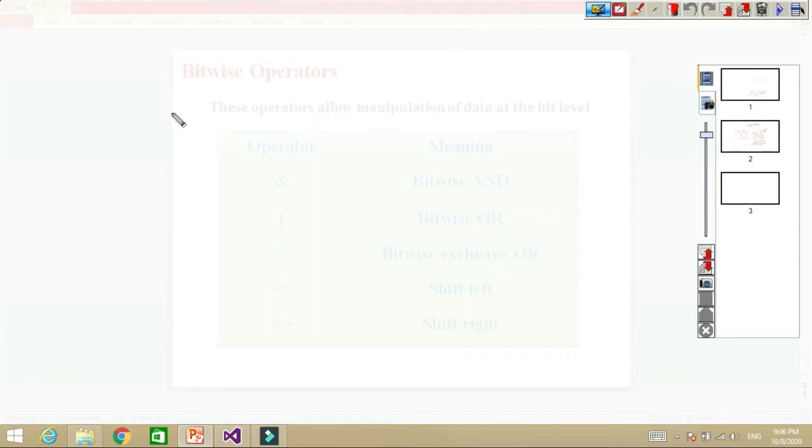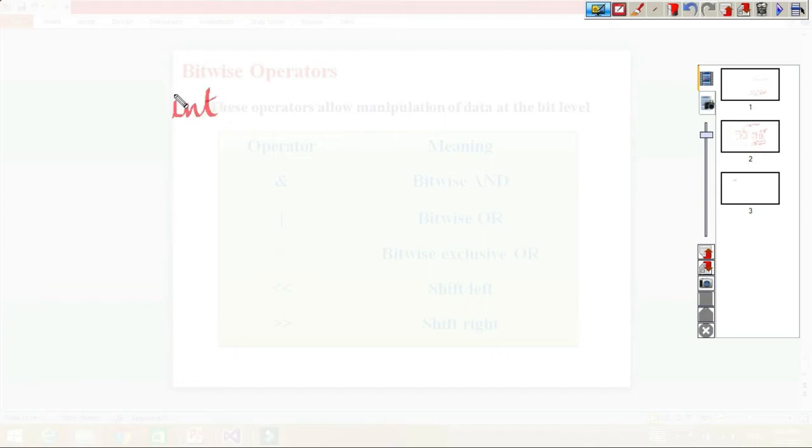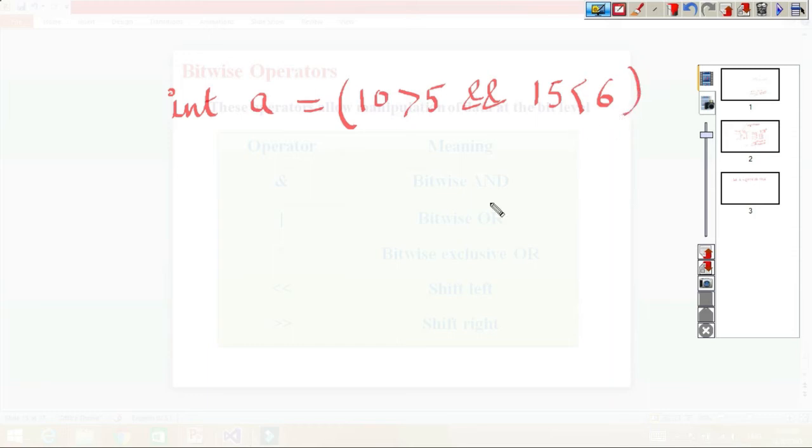Let's say I want to assign something to the variable a, and I say a will be equal to 10 greater than 5, and this double ampersand is logical AND, 15 less than 6. Is 10 greater than 5? Yes, this condition is true, so it will give us 1. Is 15 less than 6? No. So this condition is false. It will give us 0.